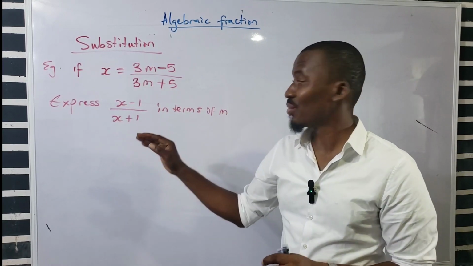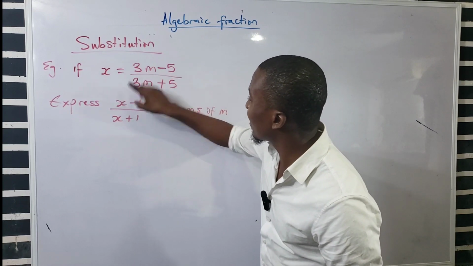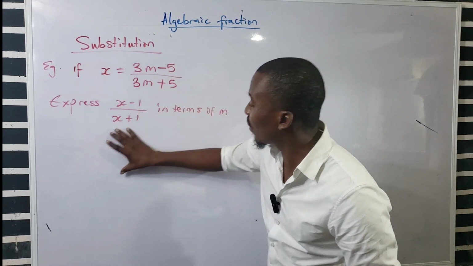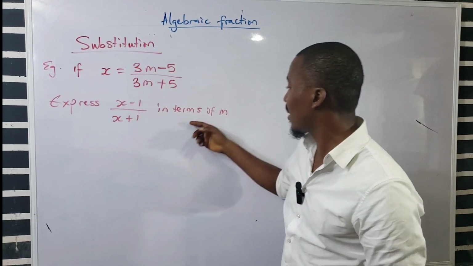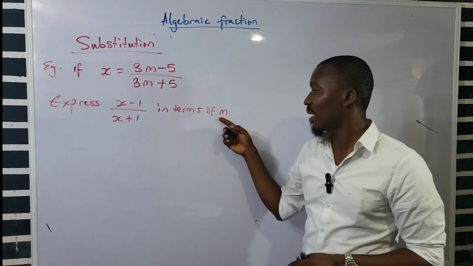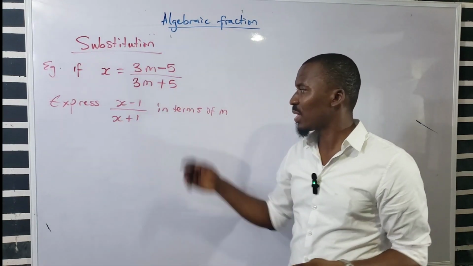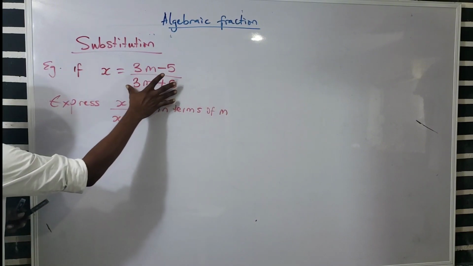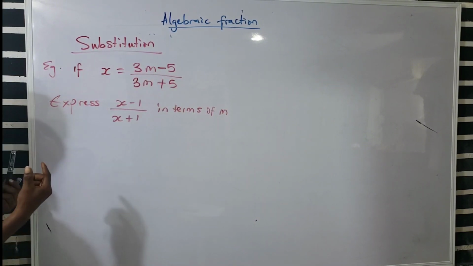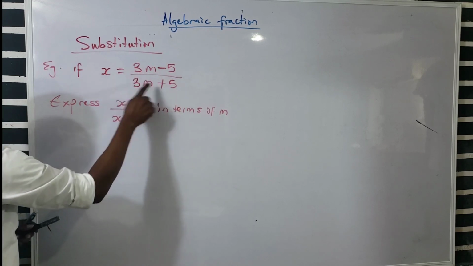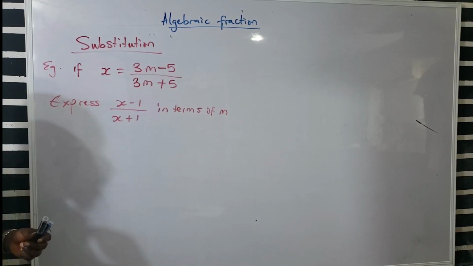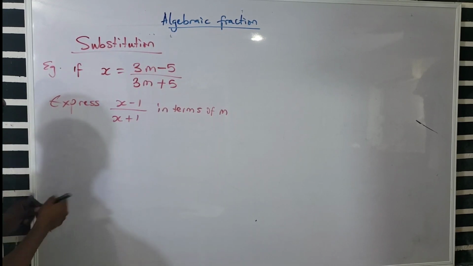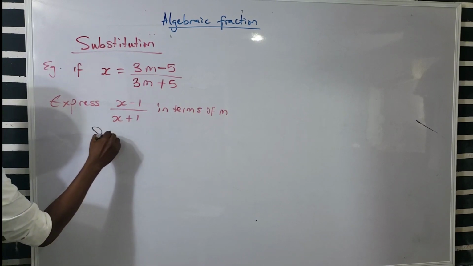What are they asking you? Just anywhere you see x, replace it, so that whatever you are going to have as your answer, everything will be in terms of m. As simple as that. So let us see how we can solve that. Anywhere I see x, I will replace this. So the first thing I will do is to put all these things inside brackets so that I will not be confusing myself. Okay? So solution,